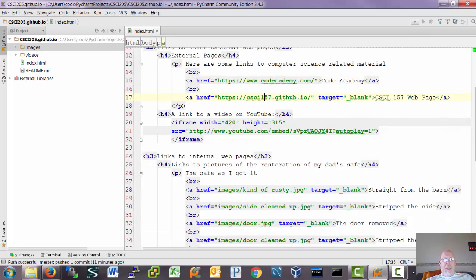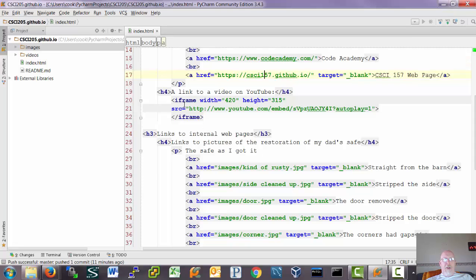If you want to link to something on YouTube, then the way to do that is put it in an iframe, so that's an internal frame. Specify the width and the height, and then just go to the source. So the source is going to be youtube.com embed, and then when you upload a video to YouTube, it gives you some kind of code. So here's the code for the video that I have uploaded to my own personal YouTube page, and then autoplay